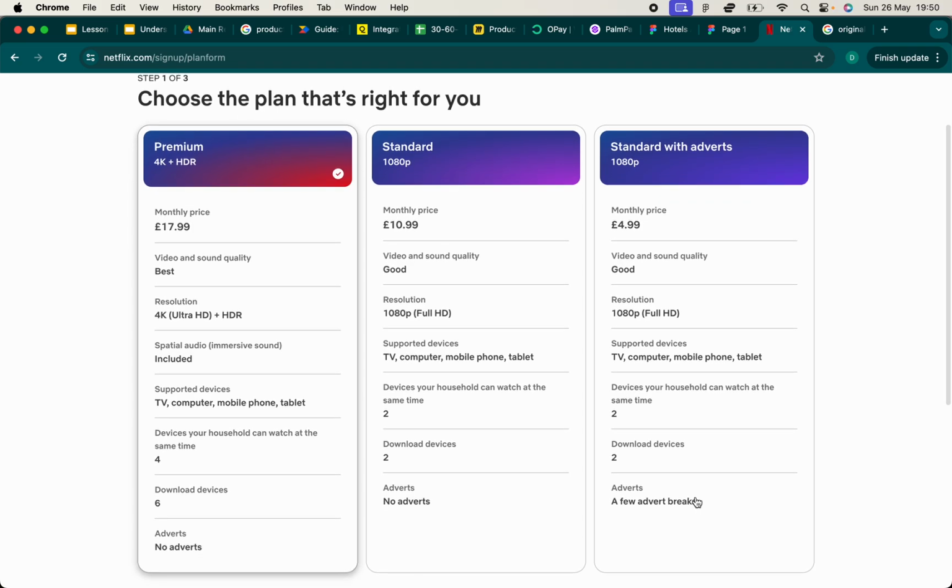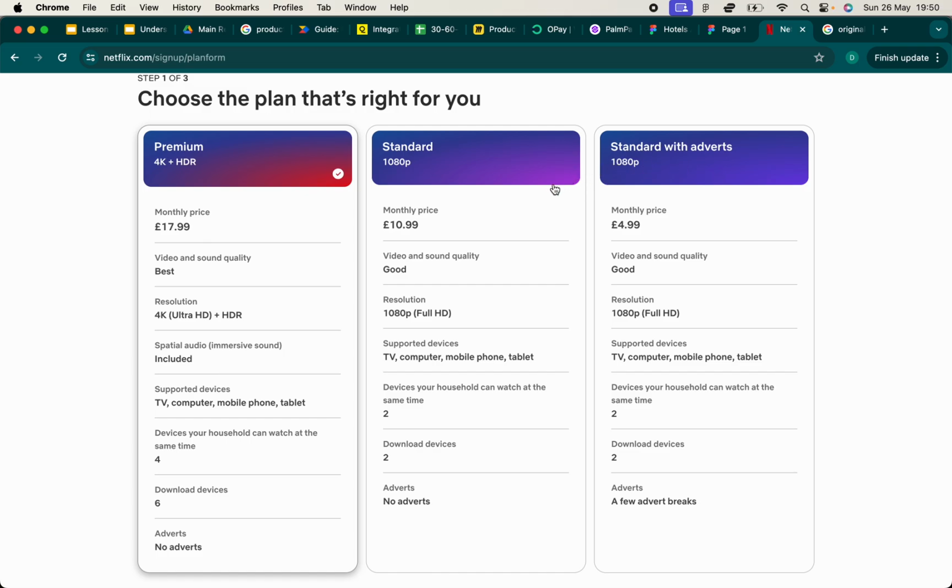There are features for certain groups. So if I sign up on a standard plan, I get to see adverts, and these are annoying. Some people don't want to see that. You can see a few adverts, no adverts.